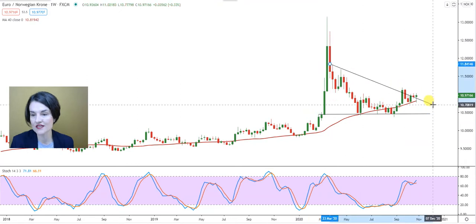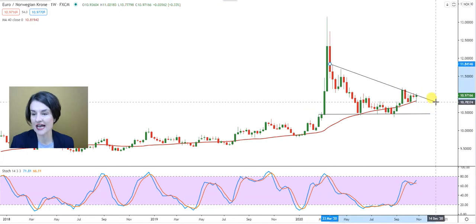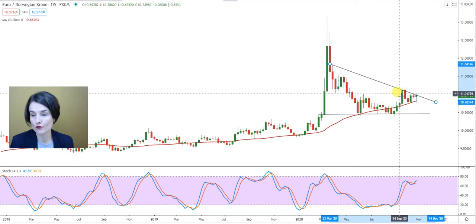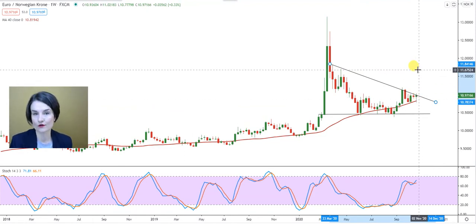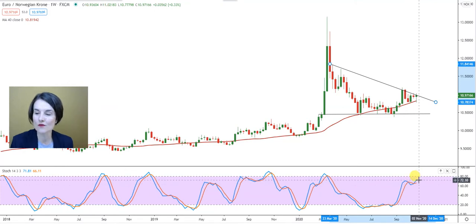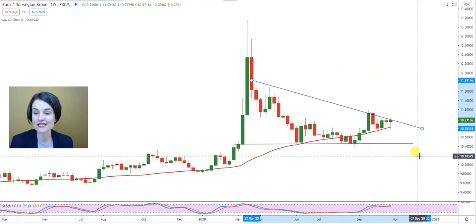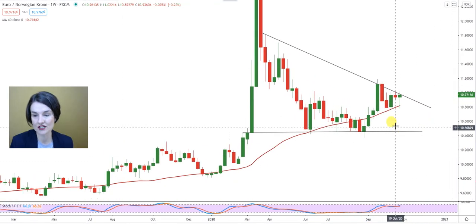And I want to draw in this resistance line and highlight that once the krone starts to consolidate above this resistance line, waiting at 10.95, we can assume a weaker krone against the euro. Take note, my stochastic is not completely overbought yet. It's sitting on a 72, which also implies that as long as that 40-week moving average, because take